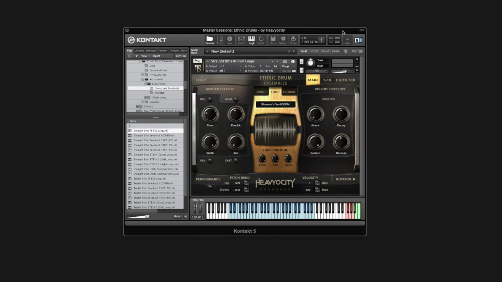Alright, so let's go ahead and take a look at how these are laid across the keyboard. You can actually hear some other things that are going on inside that loop. So what they've done here is give you these breakout menus. And each individual breakout menu here is set up and zoned so that you can actually trigger those stems inside that loop. So starting with this first black key here, which is the full loop,